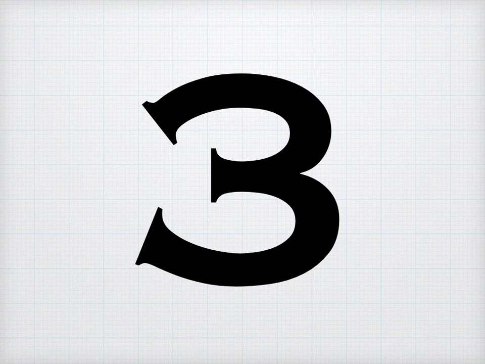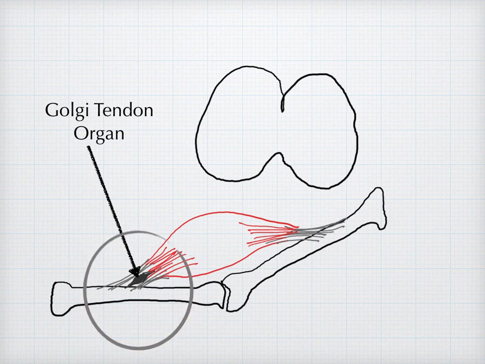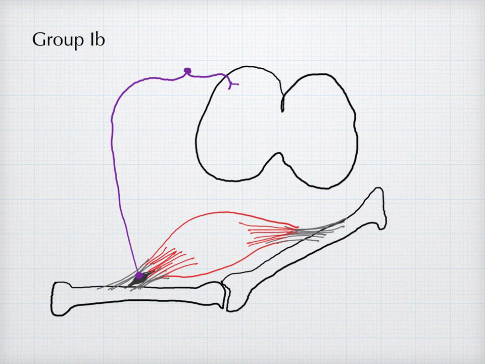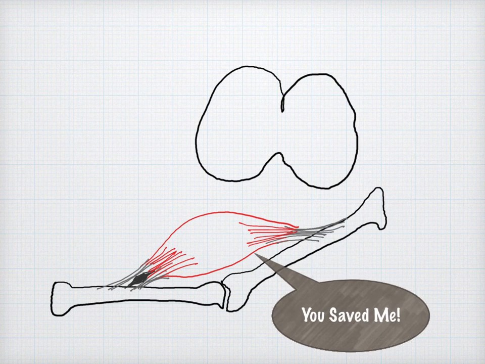There are three monitoring systems of skeletal muscles relevant to counterstrain technique. The first are Golgi tendon organs, which monitor tension and muscle force. The Golgi tendon organs are in series with the extrafusal muscle fibers and lie within muscle tendons. Afferent group 1B sensory nerve fibers carry the impulses from the Golgi tendon organs to the spinal cord, which then affect an interneuron, which then activates an alpha motor neuron of the same muscle. This allows the Golgi tendon organ to inhibit muscle contraction when it senses excessive tension of the monitored muscle to